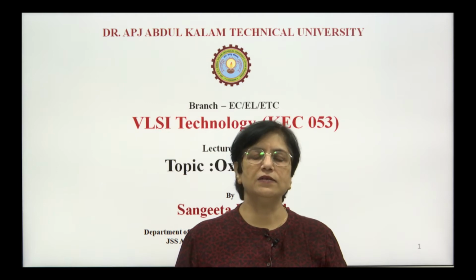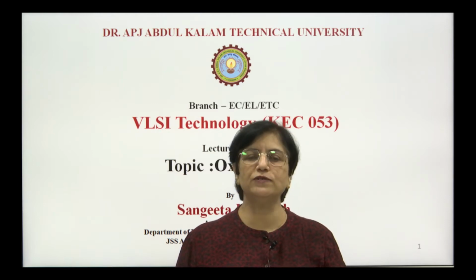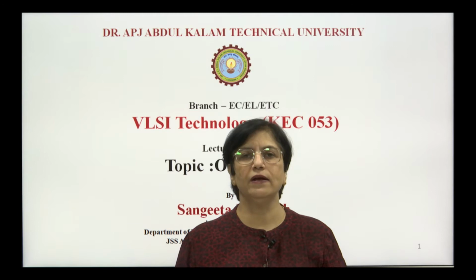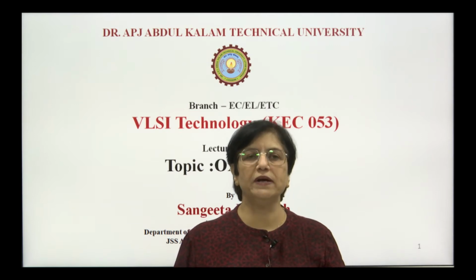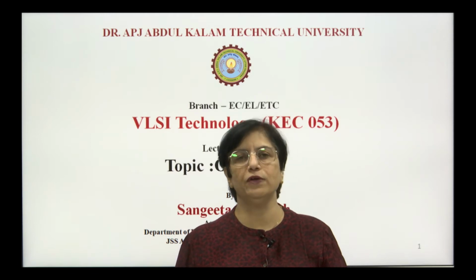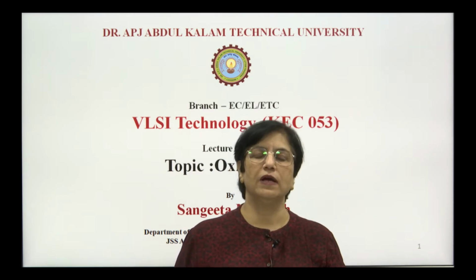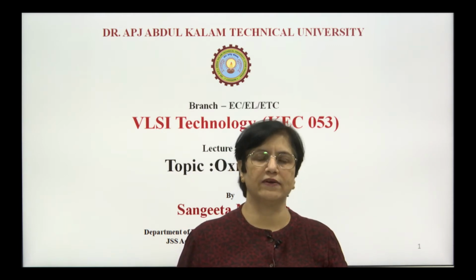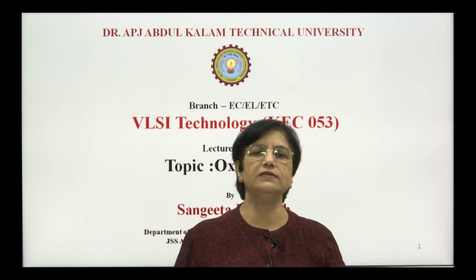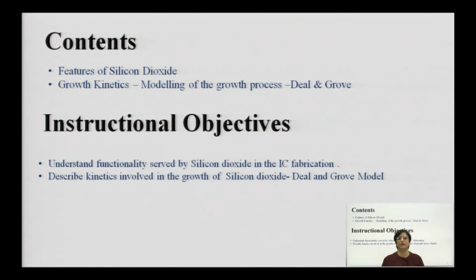In the last class we completed how silicon growth is done, that is, how single crystal silicon is formed from the raw silicon, that is metal grade silicon, electronic grade silicon, then the silicon ingot. Then we saw wafer characteristics and performance, like how you characterize wafers, then we saw the epitaxial growth process completely, and here is the oxidation process, which is very important as far as your IC fabrication is concerned.